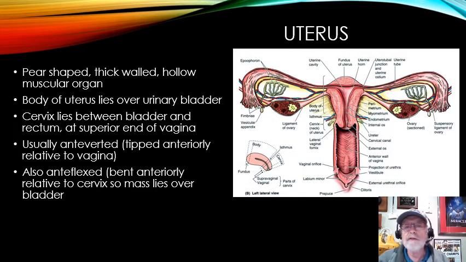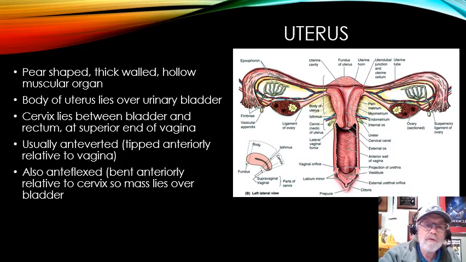Let's talk a little about the uterus now. The uterus is sort of like a pear-shaped organ. It's a very muscular organ. It has very muscular walls, so the muscle walls are in here. That's called the myometrium. Metri means uterus, and myo means muscle, as we all know. So the myometrium is the uterine muscle. Again, it's a pear-shaped organ. You can see it here.